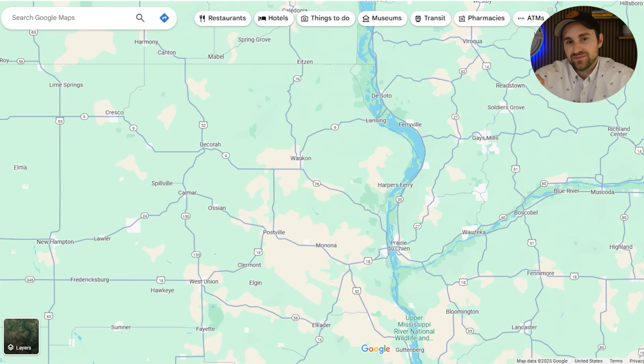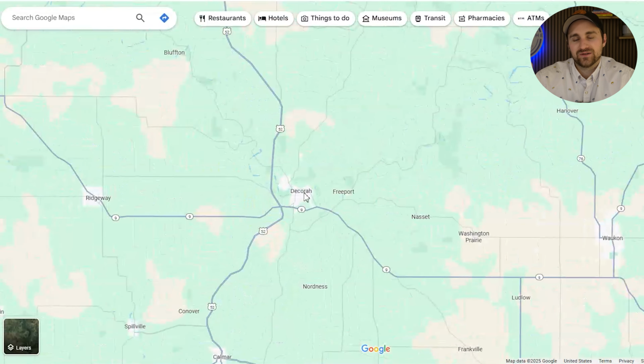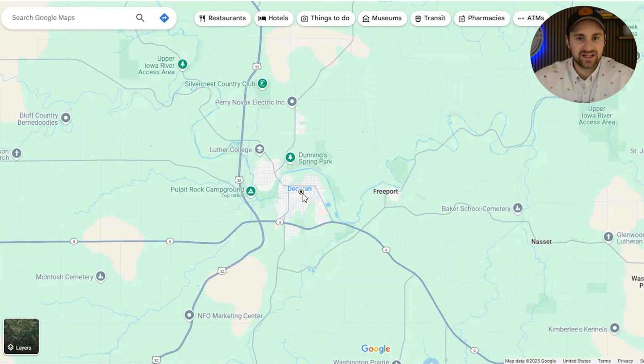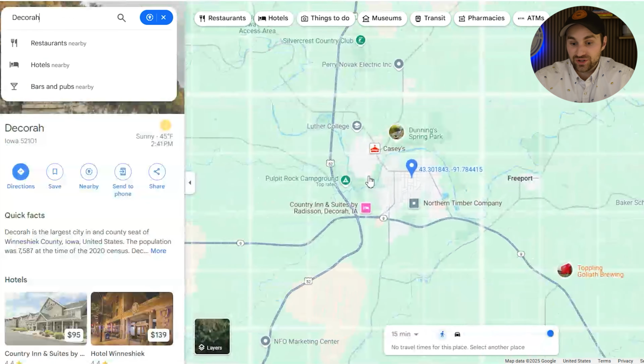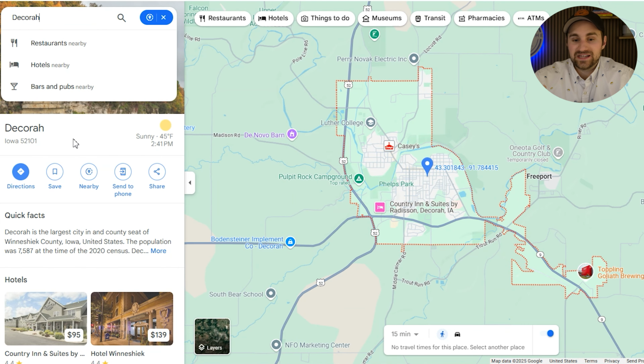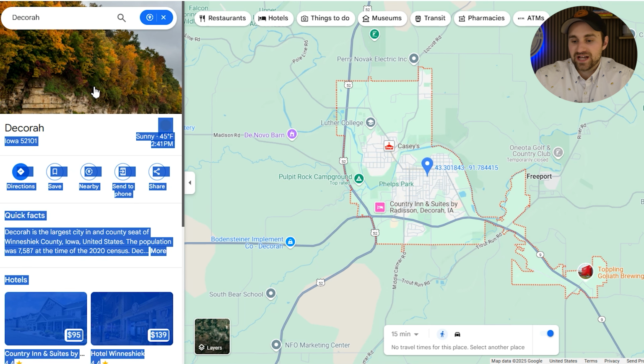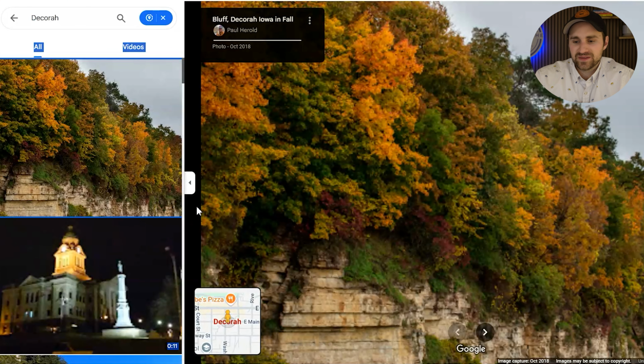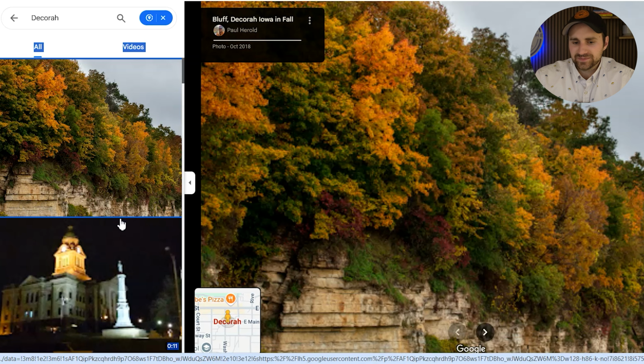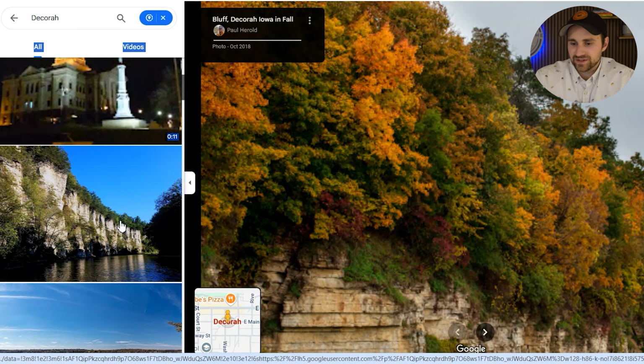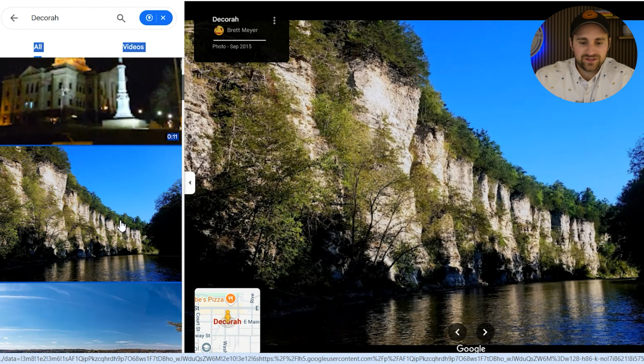So a lot of people that like to be in this area are more outdoorsy. They like to go hunting, they like to go fishing, they like to go on trails and hiking, that sort of stuff. And it's a very good concentration of different pieces when it comes to that type of lifestyle. There obviously are small towns there. There's not really any big towns. The one notable town I would say in this area, if we zoom on in here, let me clear my map, is a place called Decorah.